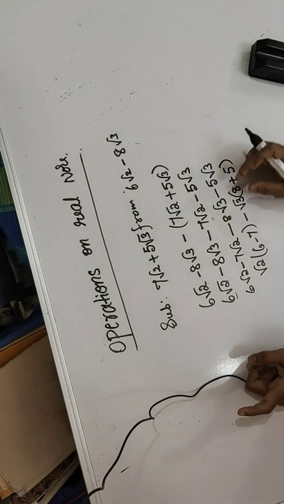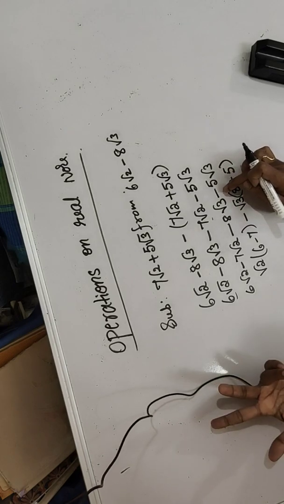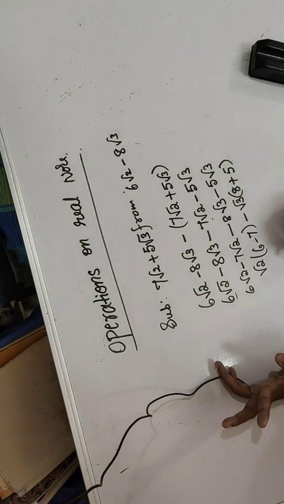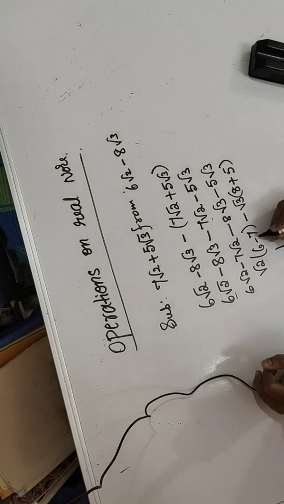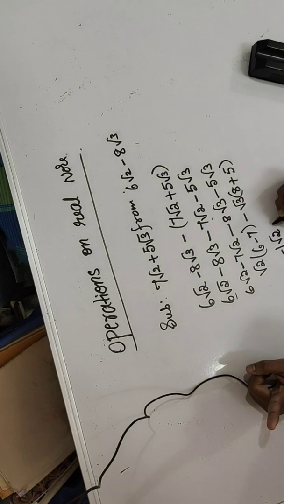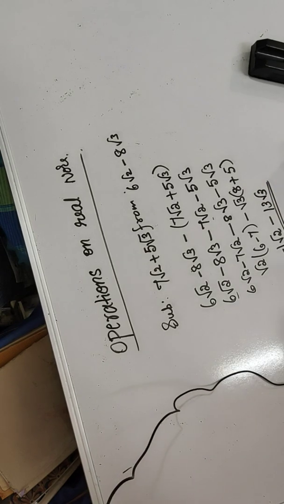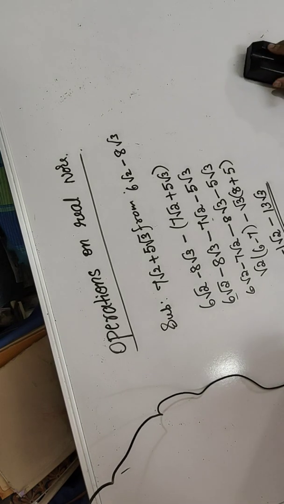I think you understood. When minus is taken out from both, inner sign will get automatically changed. If you are having plus here, it becomes minus. If you are having minus here, it becomes plus. So 6 minus 7 is 1, greater one is 7, so minus sign is there, so minus 1 root 2. Here 8 plus 5 is 13 root 3. This is the answer. This is the subtraction. Okay, next we will go for the multiplication.